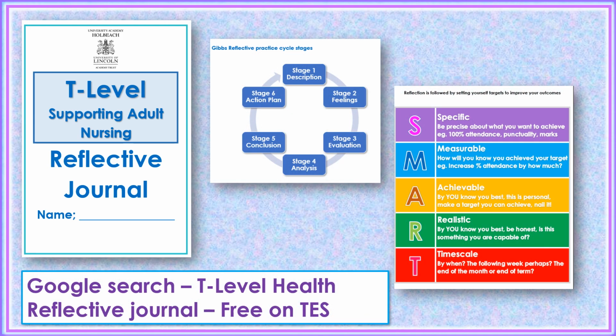So they're actually reviewing themselves as a student. And if you teach the Gibbs reflective cycle, it will have these different stages and different look at SMART targets. So practicing that straight away. There is another section that you can put in your reflective journal, which is reflecting on general tasks, presentation,